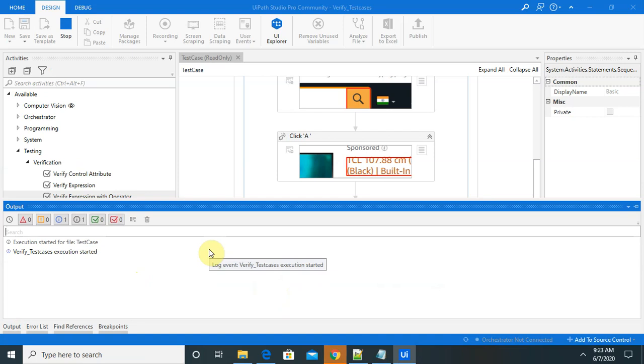You can see execution is started. First I will get a fail error message because we have mentioned the wrong detail in the first verify activity, and in the second activity we have entered the right detail. Because of that, this case will pass.